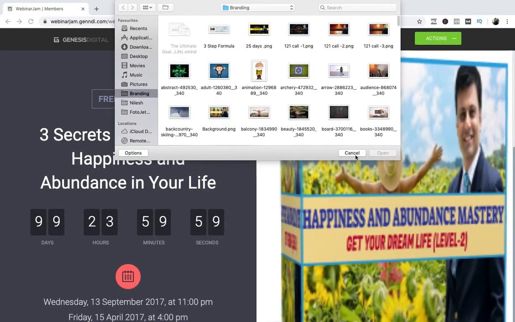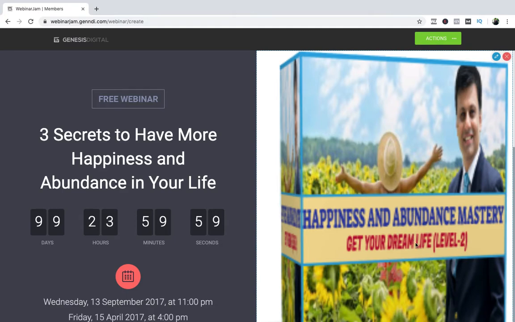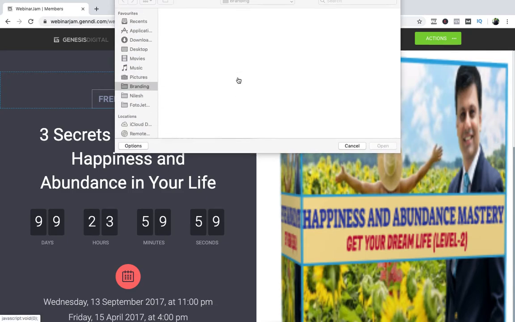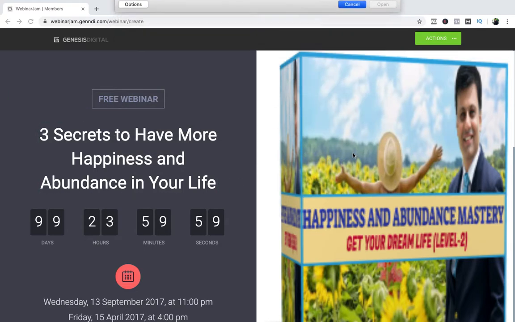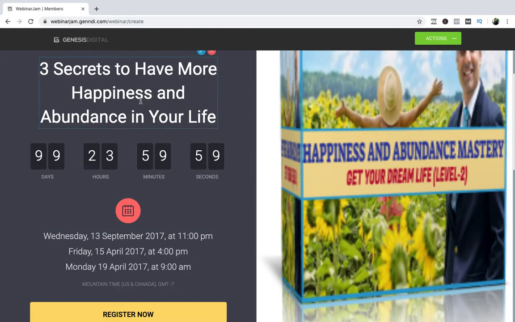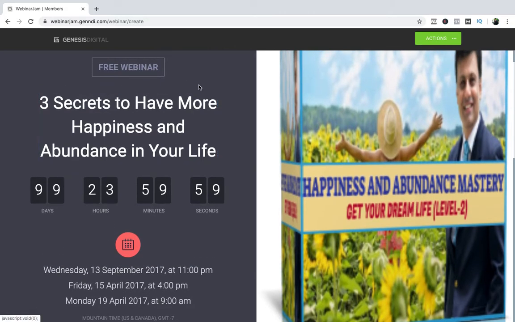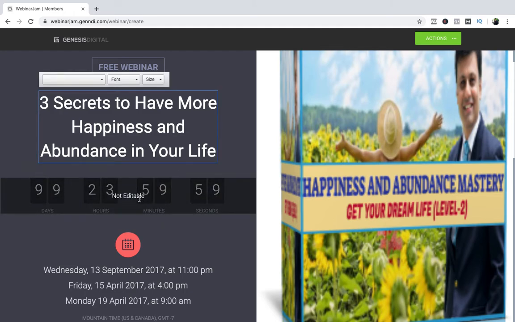Here also you can have any other image apart from this image. You can choose that also. You can edit this one also. This is by default it has taken. This is non-editable. This counter will be automatically reset as per your time.